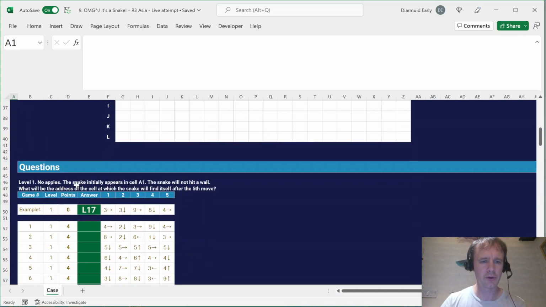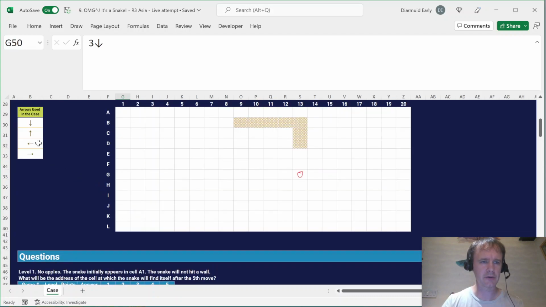So level 1, no apples. Snake appears in A1, won't hit a wall. What's the address of the cell at which the snake will find itself after the 5th move? So I think we actually have all the direction arrows put together up here. So I'm going to take those